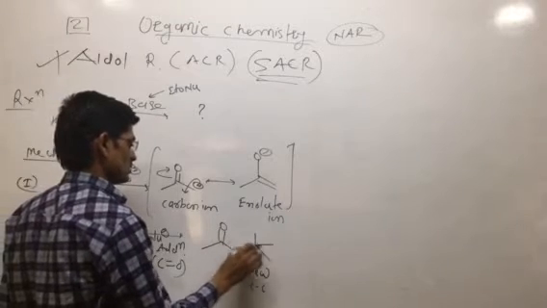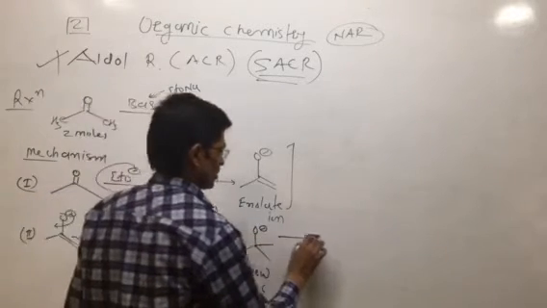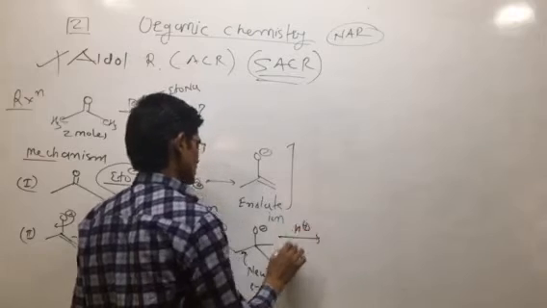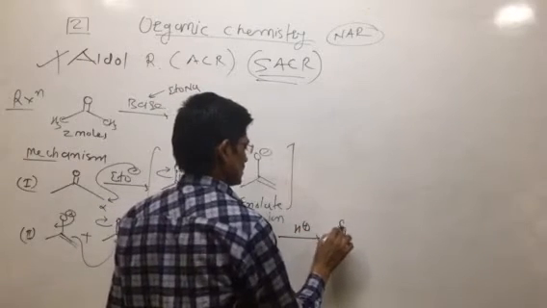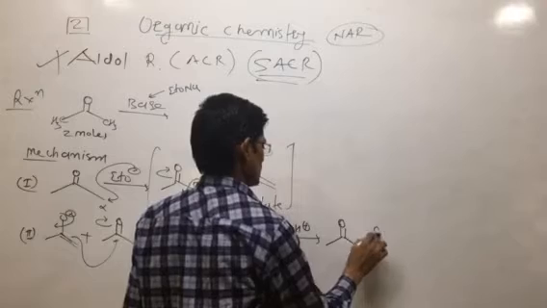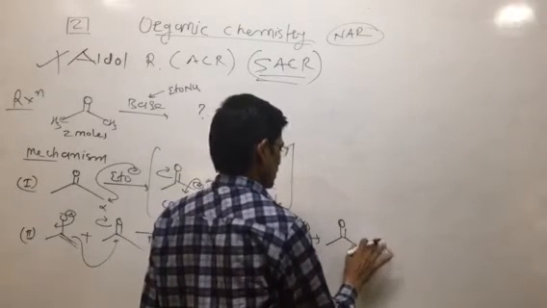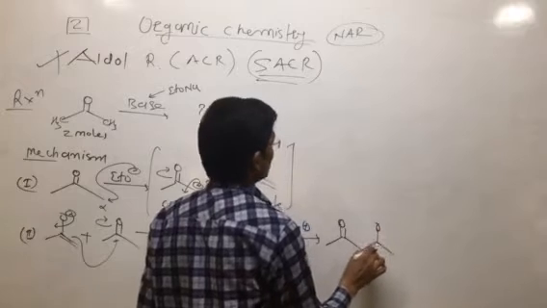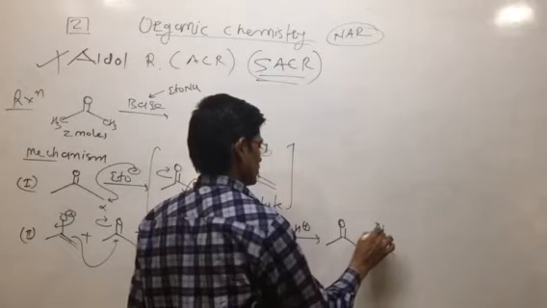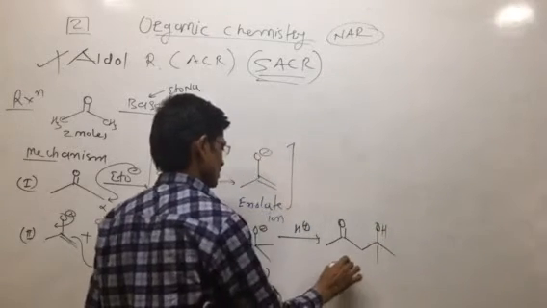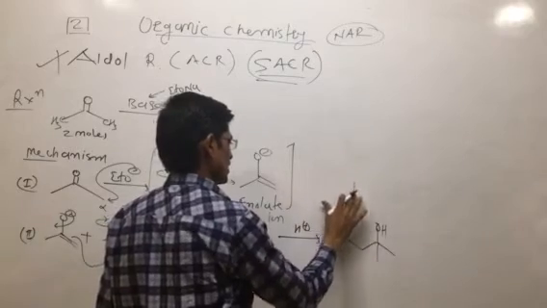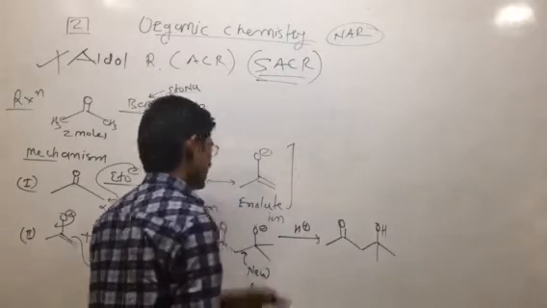This is CH3 O negatively charged. Then it reacts with H plus, acidic condition, CH3 C double bond O, CH2 C double bond O. So here it becomes what? In the presence of basic condition, we get OH here. So this one is CH3. Then what happens in the last step?